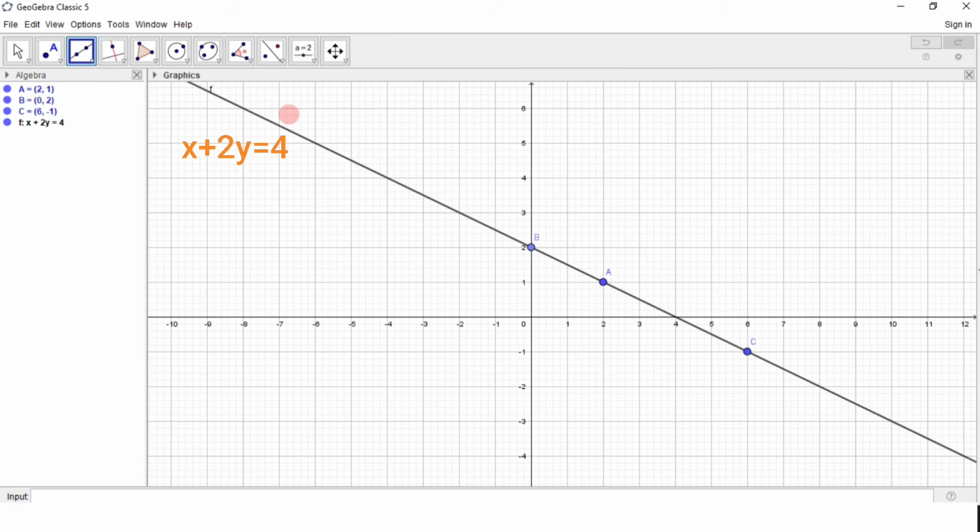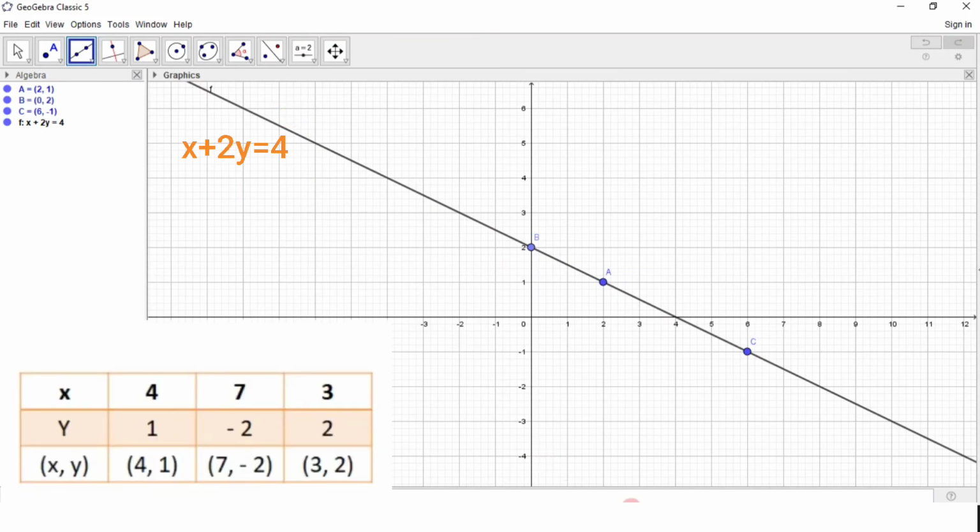For that, we have the second coordinates table. The first point from the second coordinates table is (4, 1). So we have to plot the point (4, 1) in this coordinate system. On the x-axis we have 4 and on the y-axis we have 1. So their point of intersection is here, the point D, which represents the coordinates (4, 1). The second coordinate is (7, -2). So on the x-axis we have 7 and on the y-axis we have -2. So the point of intersection is point E, which represents the coordinates (7, -2).